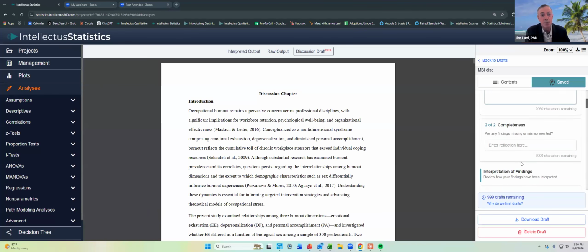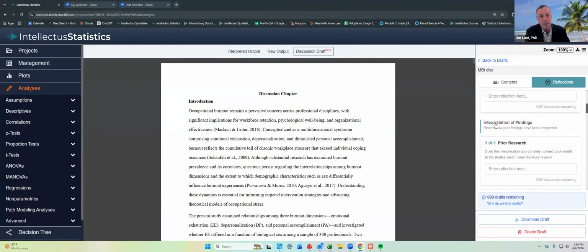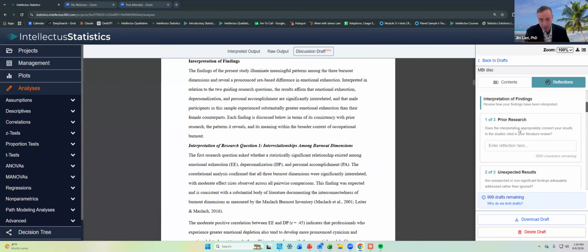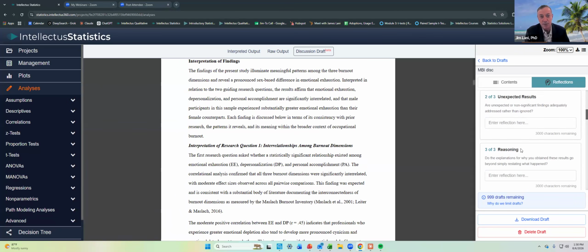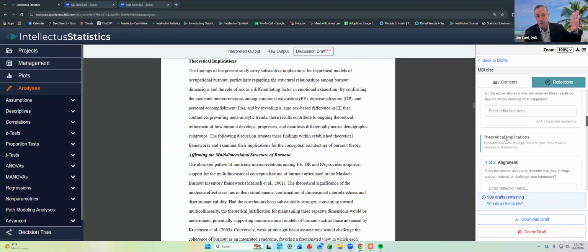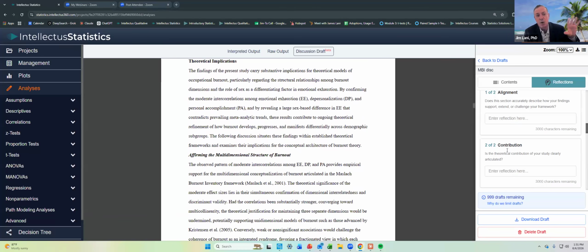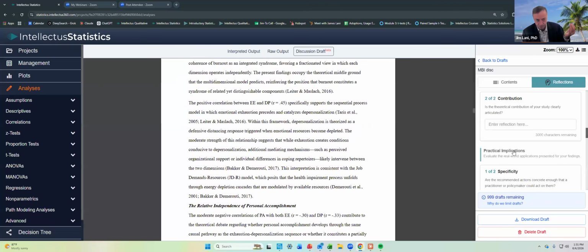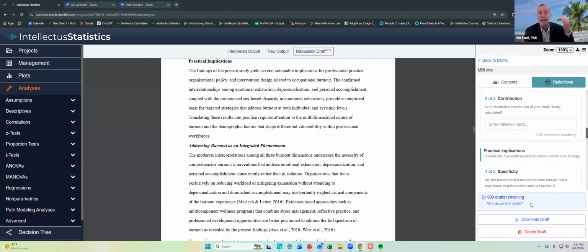And then you would go through that for each and every aspect: interpretation of the findings, prior research, unexpected results, reasoning, theoretical implications. So each piece of this AI output is now being vetted with your understanding, okay? And so forth. Then when you download that draft,